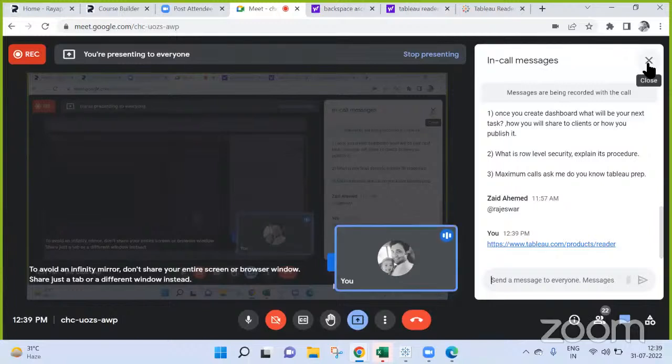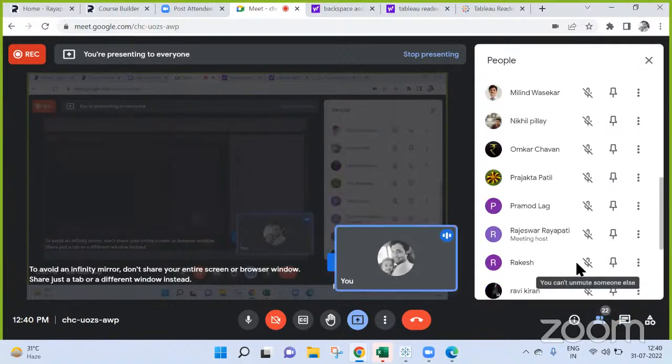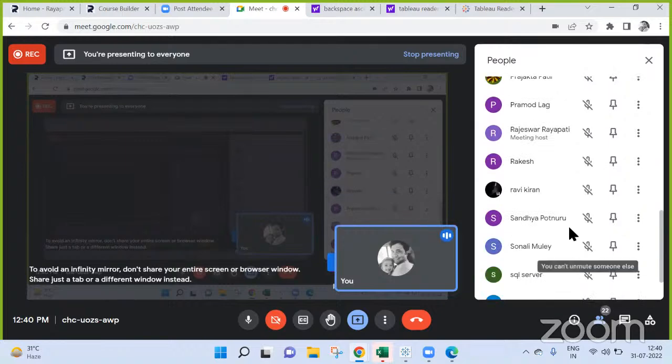And coming to row level security, Kalpana, can you go ahead on row level security? Or Peter? I think you did more experiments on this. Right? Peter, you there? Okay, Peter Park is not there. Ravi Kiran, are you back?